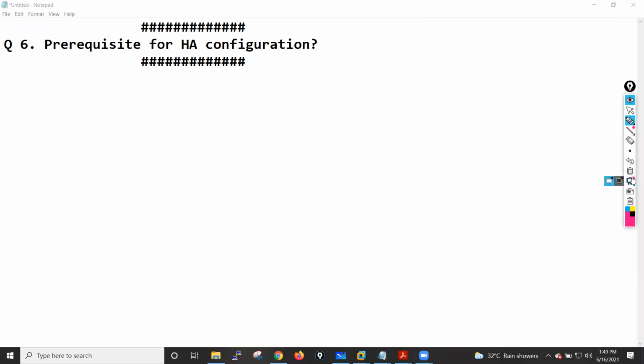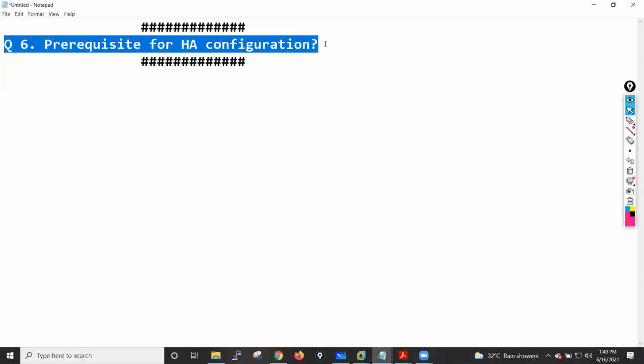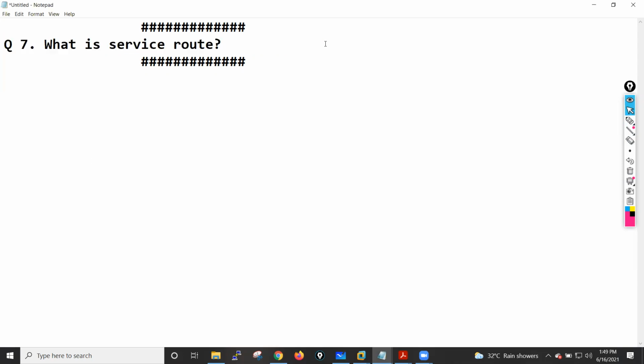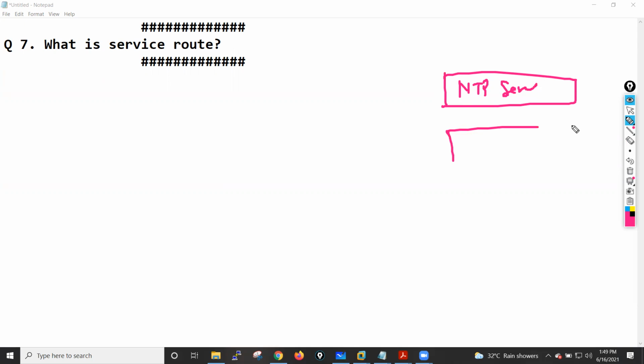Now let me move to the next question, which is: what is a service route? Let me tell you what happens. Let's say we have an NTP server in our organization.